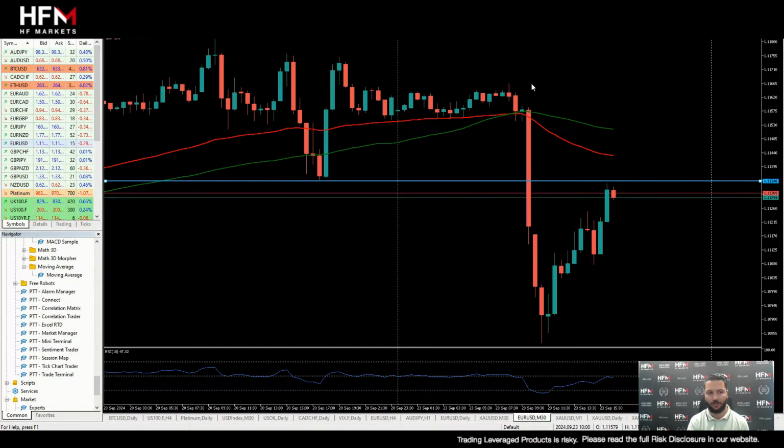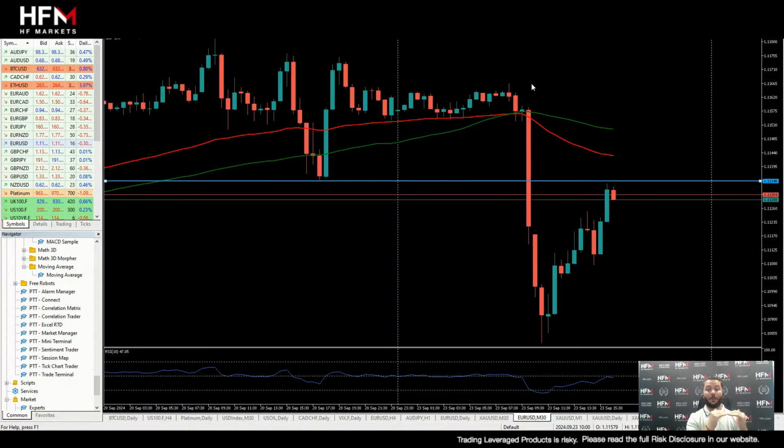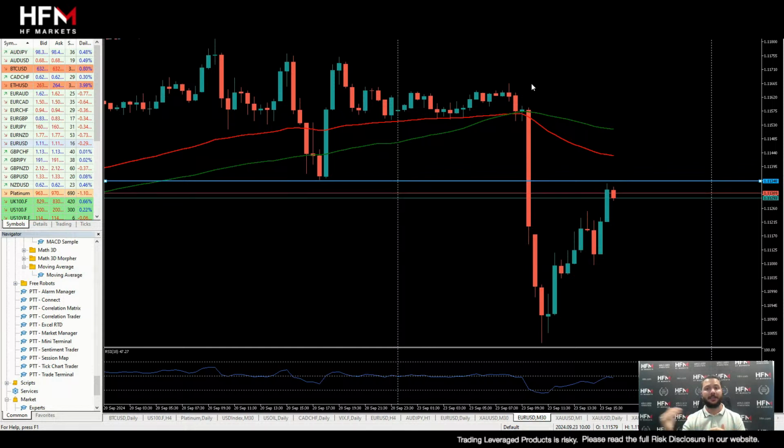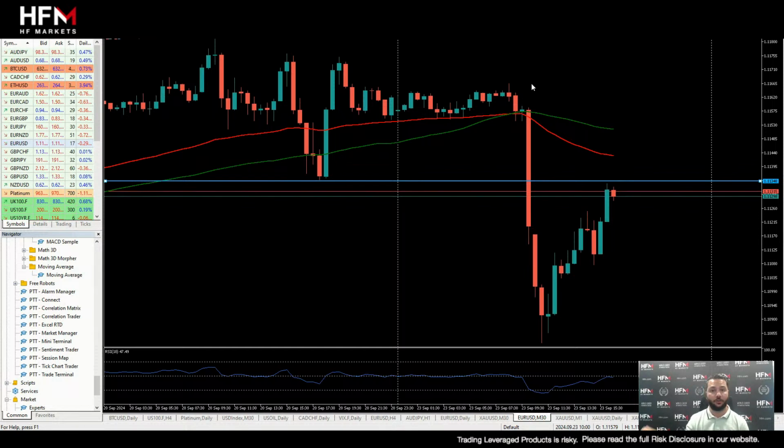If people do want to speculate against the US dollar, then ideally you don't want to speculate that one currency is decreasing in value against another currency which is also decreasing in value. So I'll put it in a very simple way. If you want to speculate that the US dollar is going to decline, do you want to do so against a currency which is poor performing, just like the US dollar at the moment? Or would you rather do so against a currency which is the strongest performing currency of the moment?